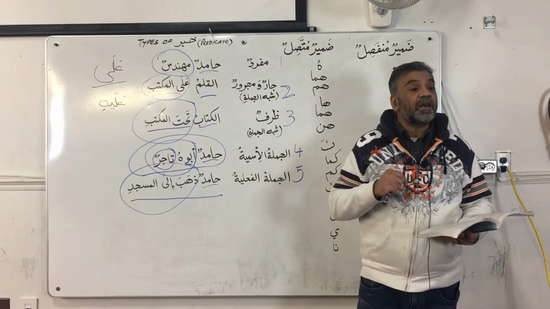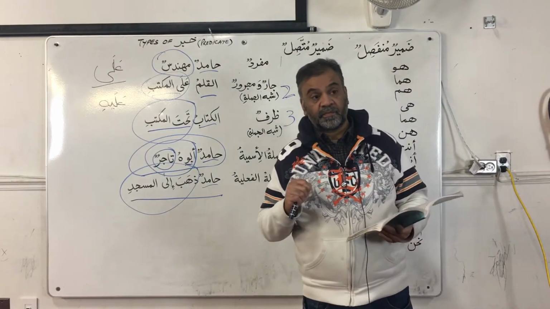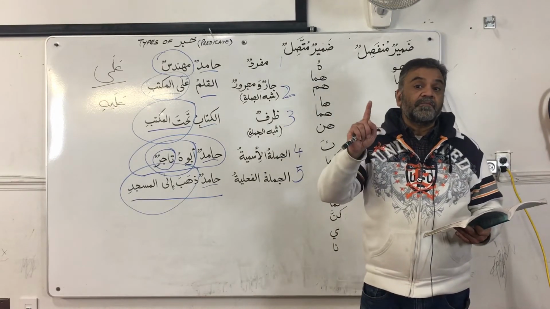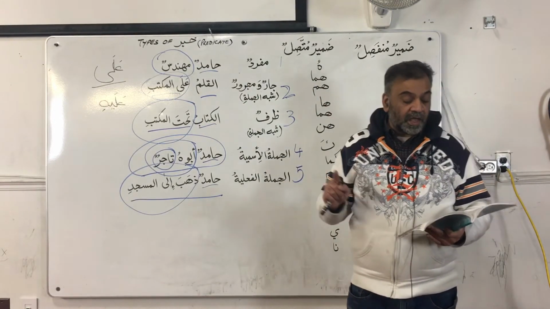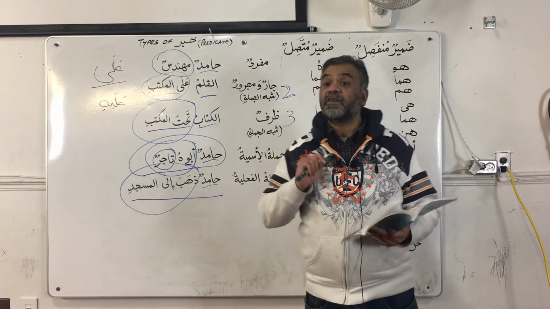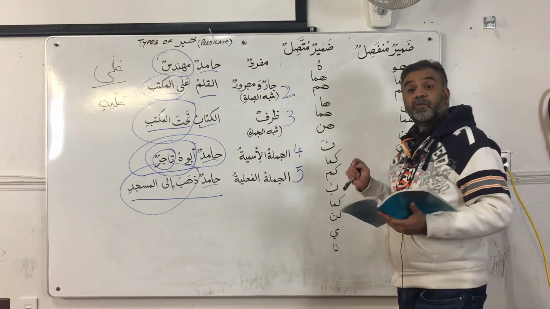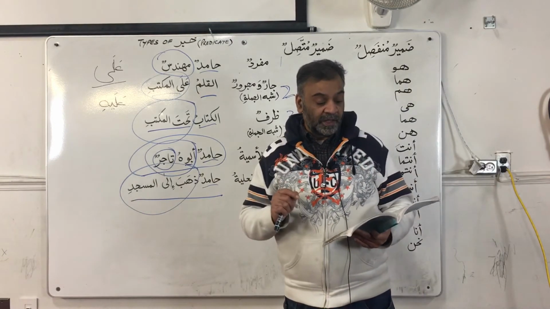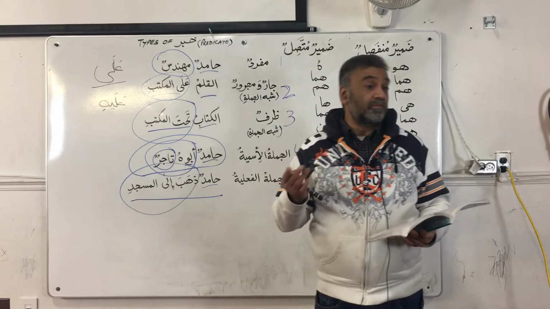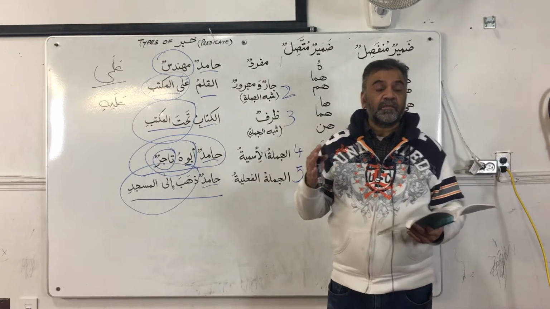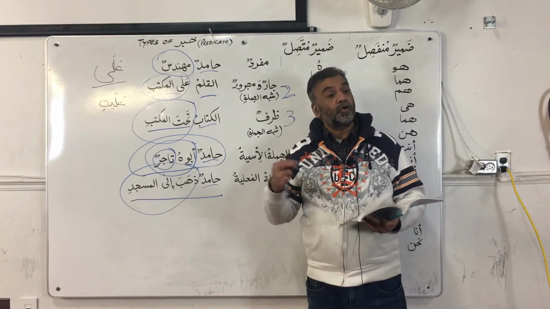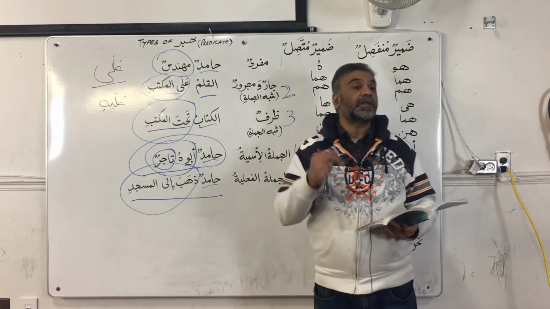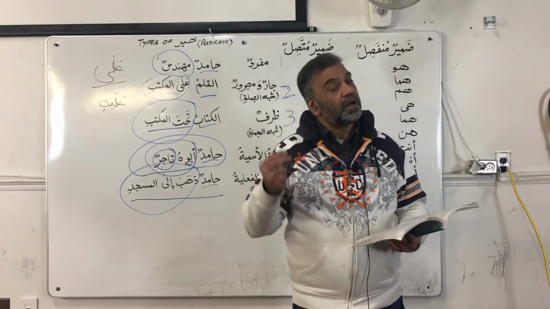What is this? Hamzatu istifham, Hamzatu istifham, and it always comes in the beginning of the sentence. Okay, la harf jar, ka ism majroor, this ka damirun muttasil. Do you have akhun, a brother? Then you say naam, if you want to use naam, say naam, yes, li akhun wahidun, I have one brother, li akhun wahidun.